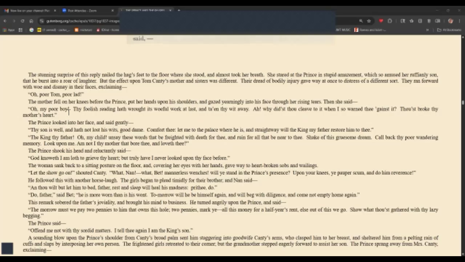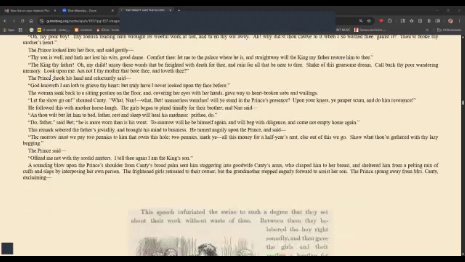The prince looked into her face and said gently, "Thy son is well, and hath not lost his wits, good dame. Comfort thee, let me to the palace where he is, and straightway will the king my father restore him to thee." "The king, thy father! Oh, my child, unsay these words that be freighted with death for thee, and ruin for all that be near thee. Shake off this gruesome dream.